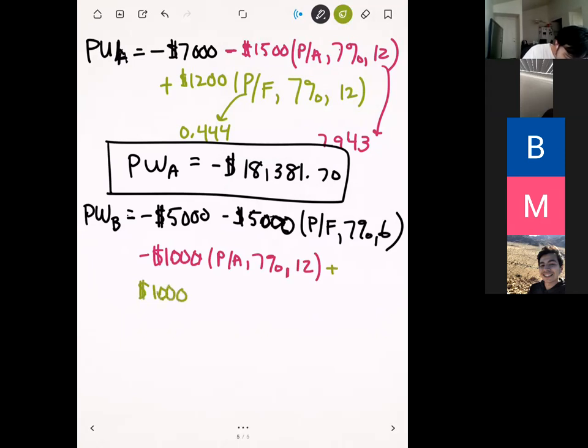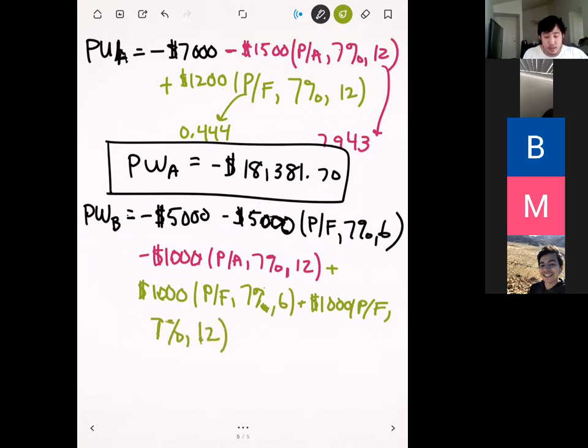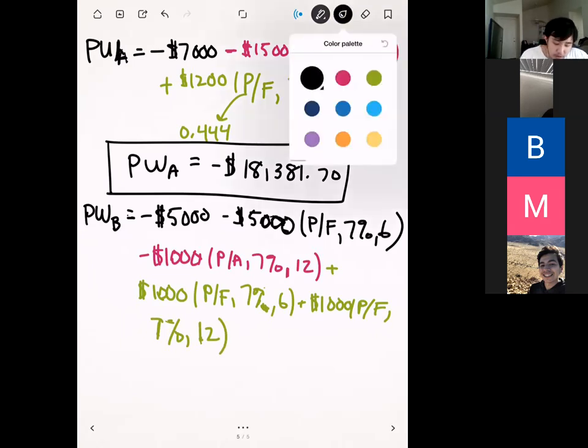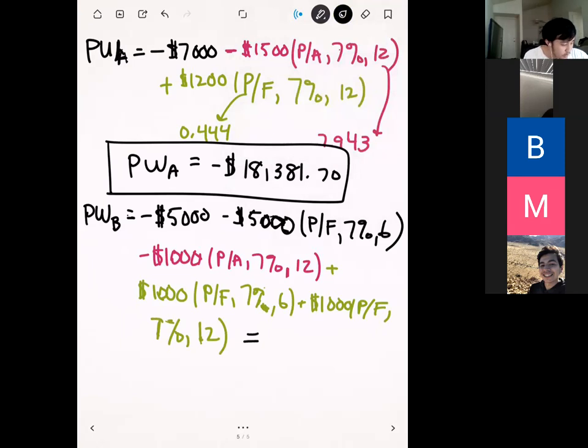And the first time we sell the parts for the pump is going to be in year 6. So we're going to do a P over F, 7%, and 6. And then to this, we're going to add another 1,000. And that's going to be P over F, again, 7%, and then 12, because our last sale happens in year 12. And so if we look up all these values in the compound interest table, what you get is